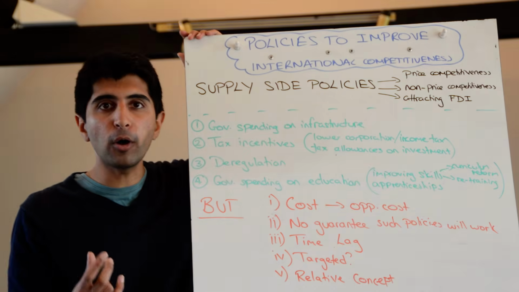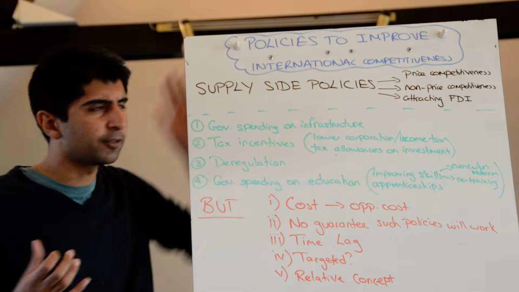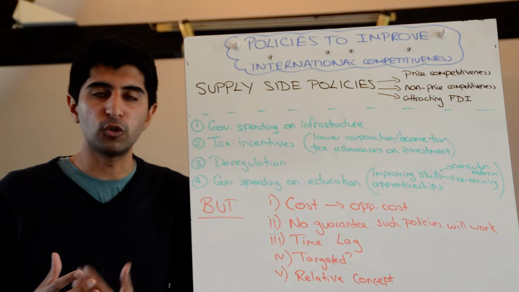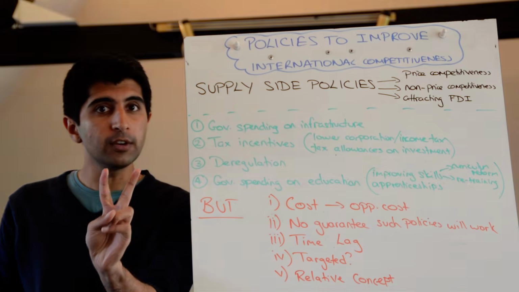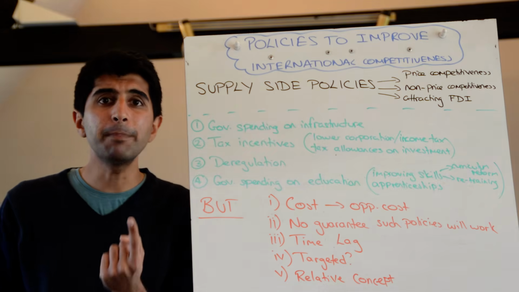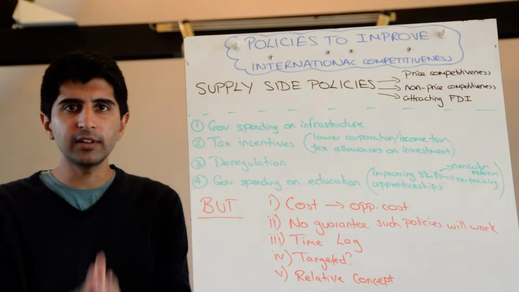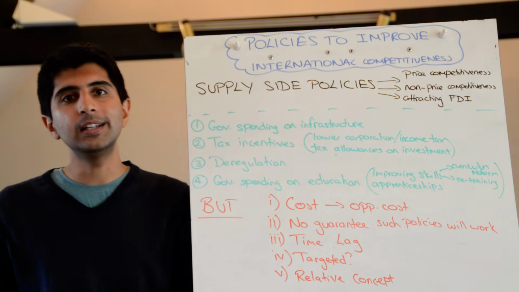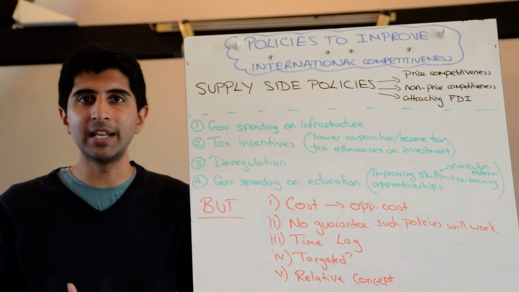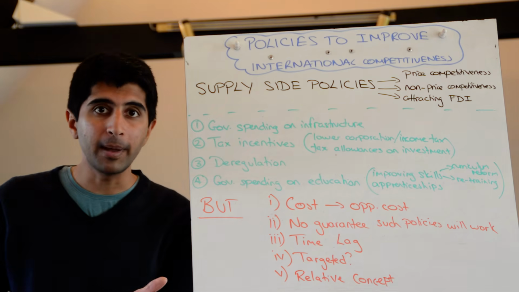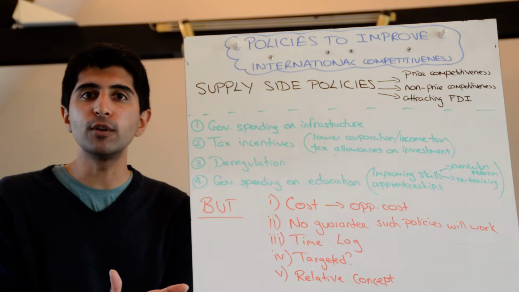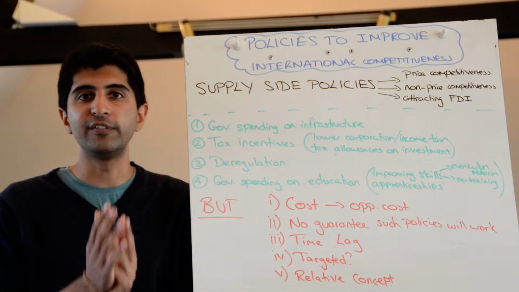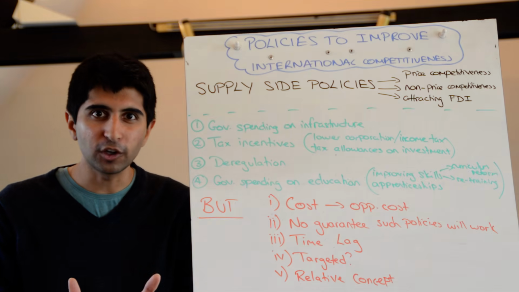So this video is all about policies now to improve international competitiveness, but why? Why would a government maybe want to use certain policies to improve competitiveness? Well, there are two key reasons why. To rebalance an economy. If there is a nation that's very dependent on maybe consumption or government spending for growth, then if this government was to plough lots of money and energy into policies to improve competitiveness, then suddenly a new avenue of growth may open up. Export growth may open up as an avenue for future growth. So to rebalance an economy is key.